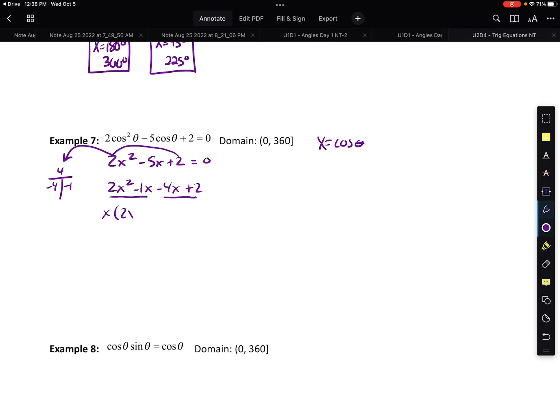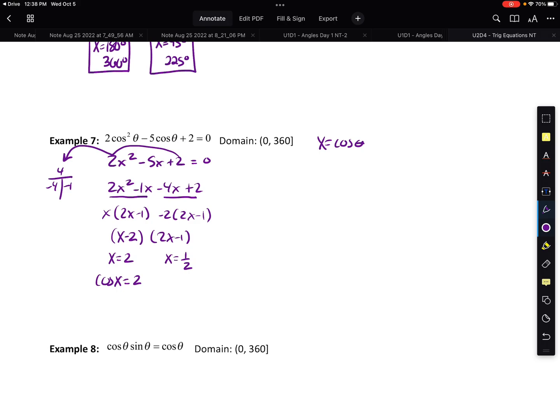Group. Take out an x: 2x minus 1. Take out negative 2: 2x minus 1. So (2x minus 1)(x minus 2). So x equals 2, x equals a half. Well, the problem is,